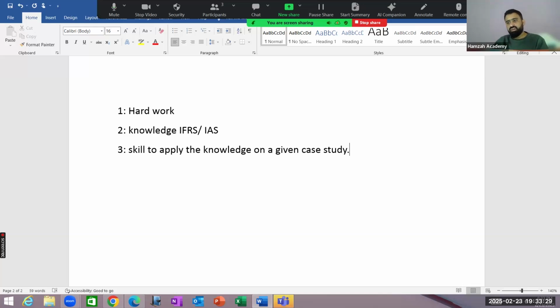For example, if the examiner is requiring you to say whether we have control over a particular subsidiary or not, the student, while discussing control, explains what the meaning of control is